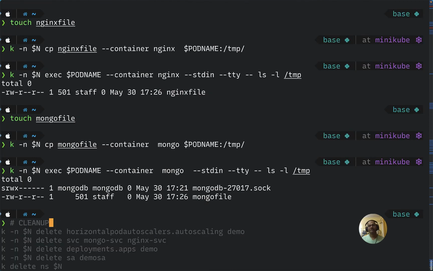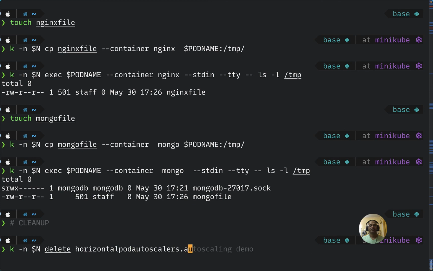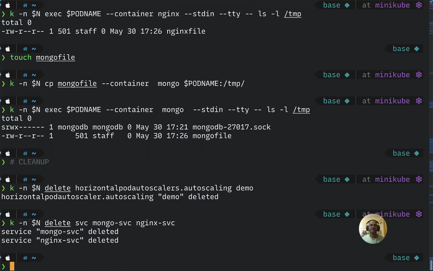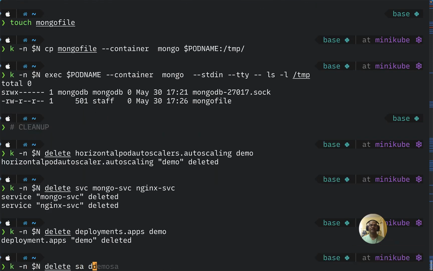So now we will just perform a cleanup. So this will show us a delete part also, lastly deleting the deployment. So I am deleting the horizontal pod autoscaler first. It has been deleted. Next I am deleting the two services, Mongo SVC and Nginx SVC. Next I am deleting the deployment, and finally